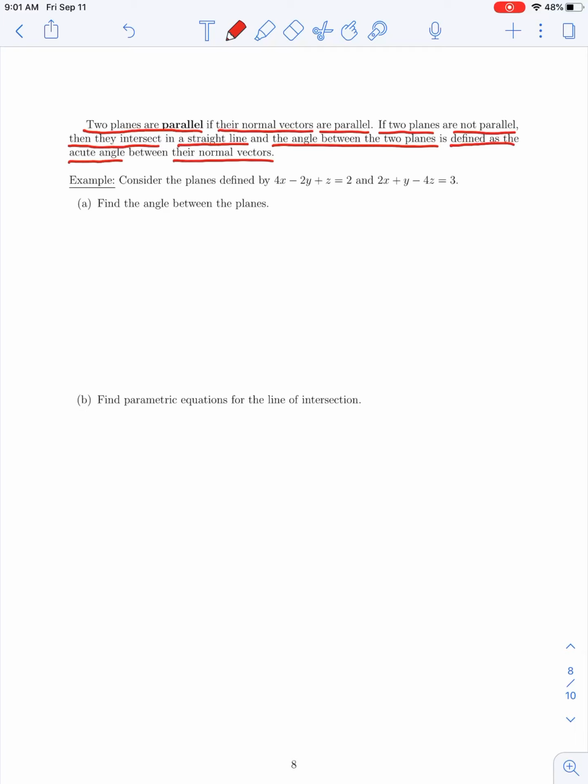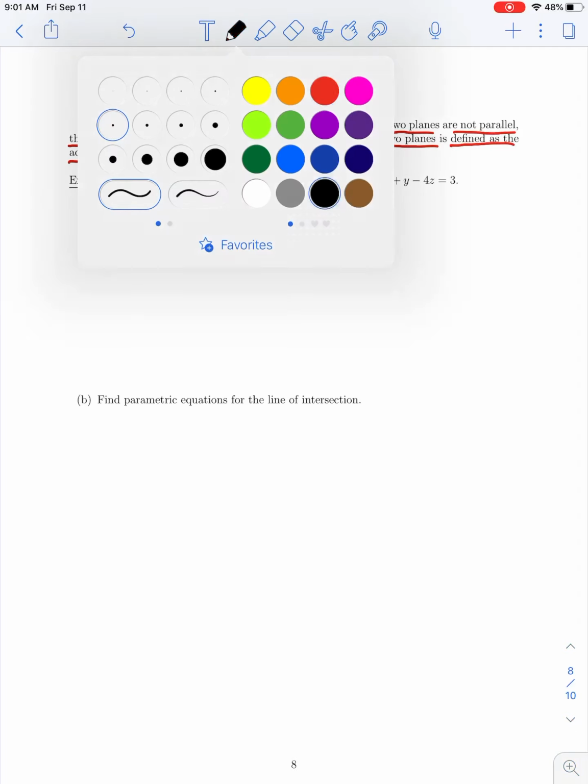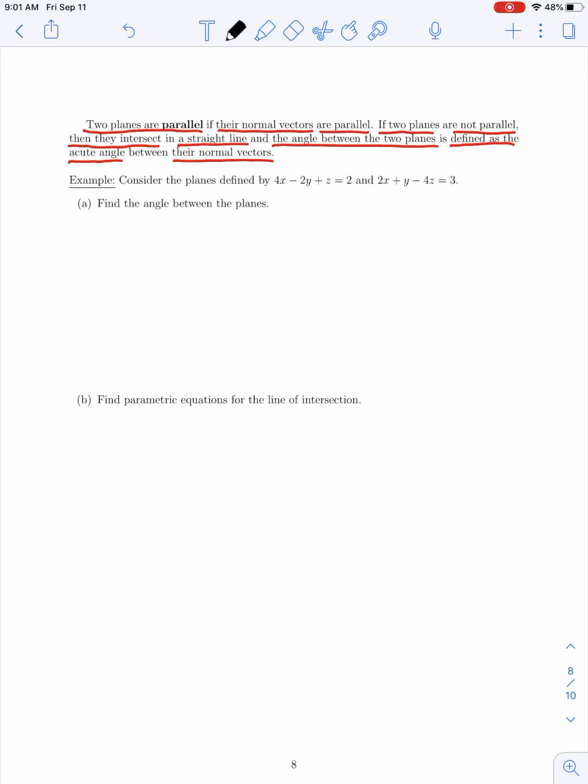So let's consider a problem like this. We're asked to consider the planes defined by these two equations in standard form. And in part A, we're asked to find the angle between these planes. So that implies that they are not parallel, that they would be intersecting here. So let's start by considering the normal vectors for these planes. So here I will say that the normal vectors for these planes are,